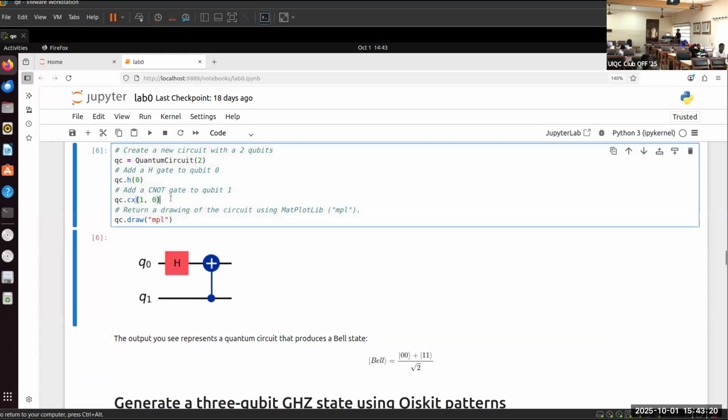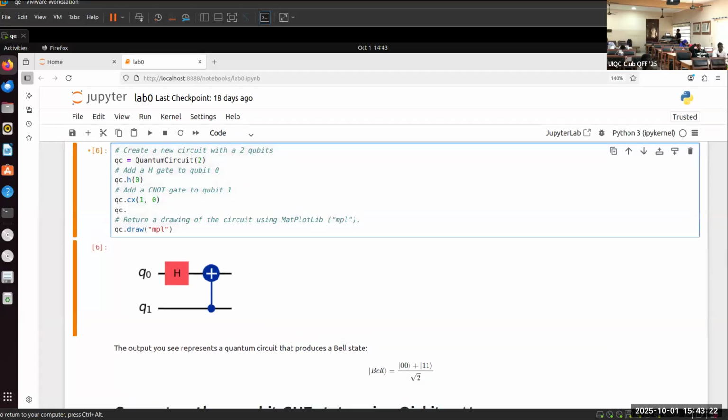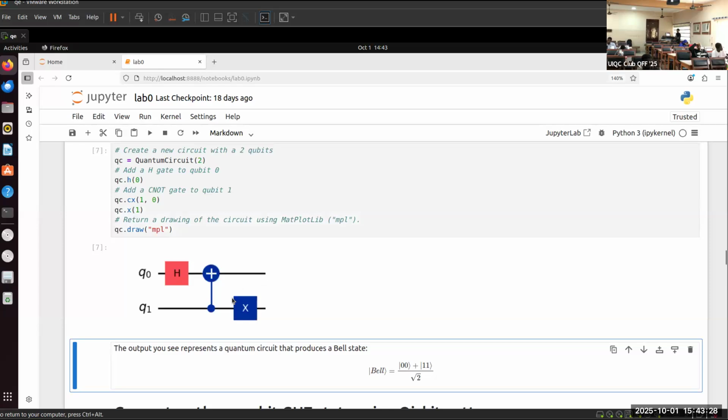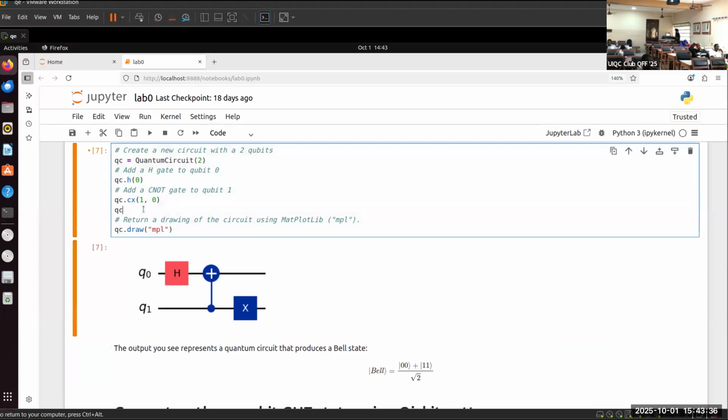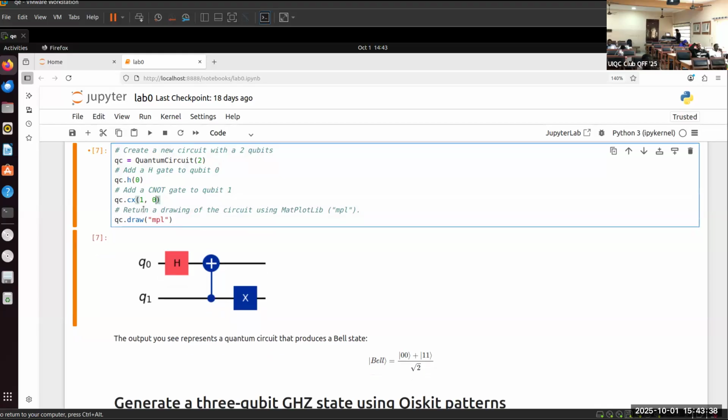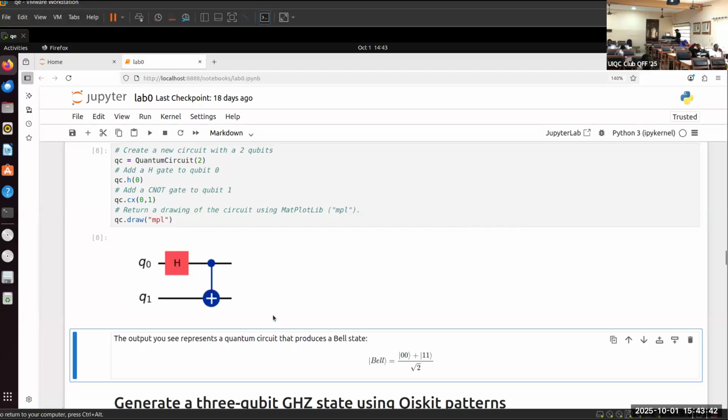And then, you can play with this. This is just to check whether your installation is completely done or correctly done. You can add an extra S gate to the qubit. Then you can just do as you like, but one step after the other. Now it's saying that this quantum circuit you see here should create